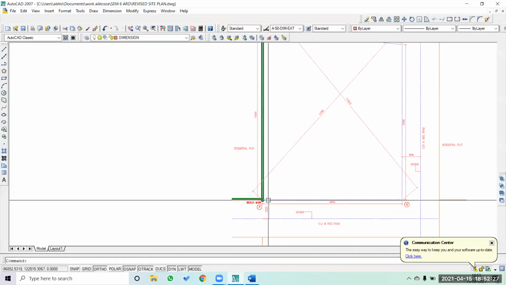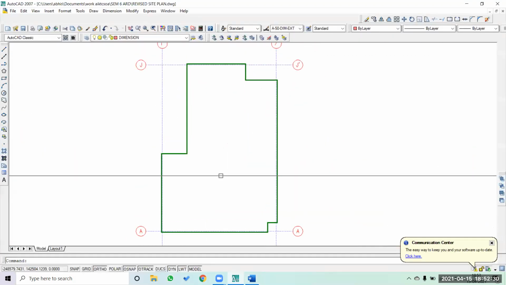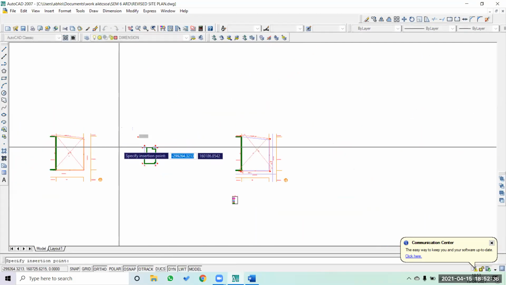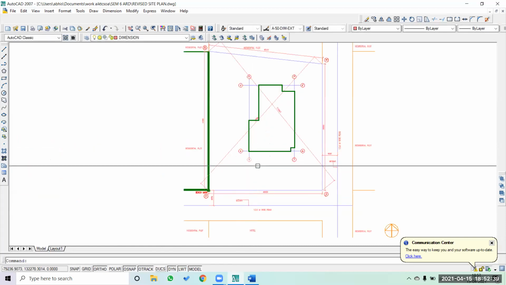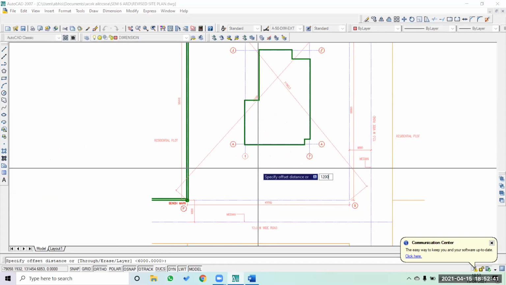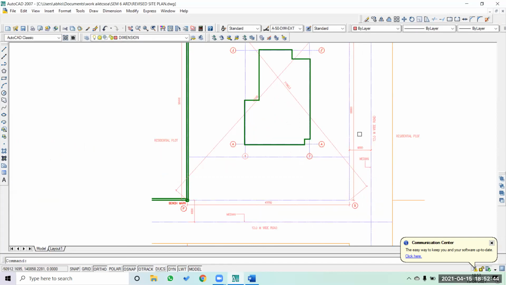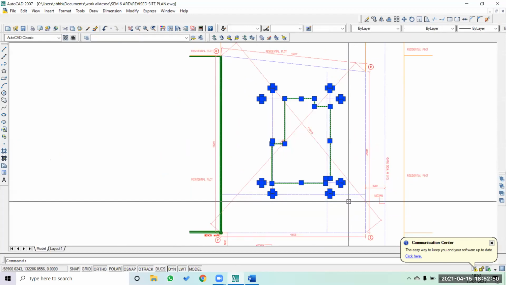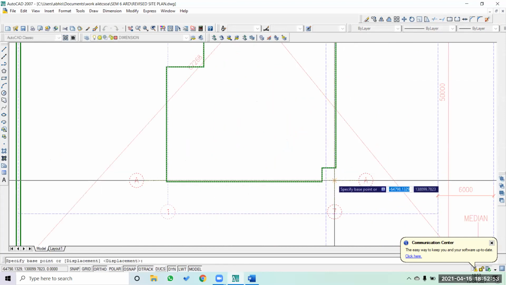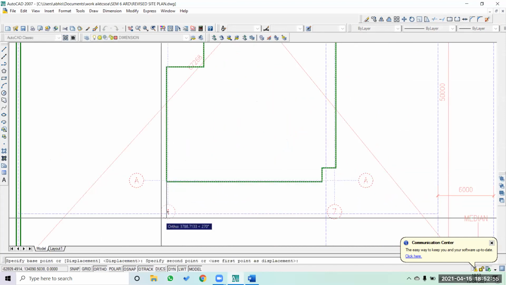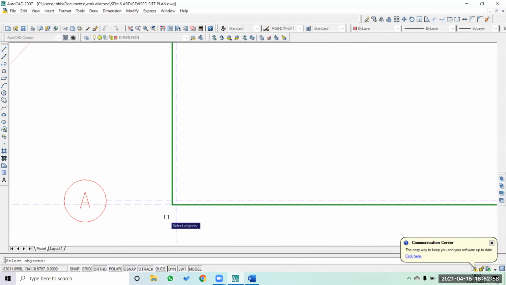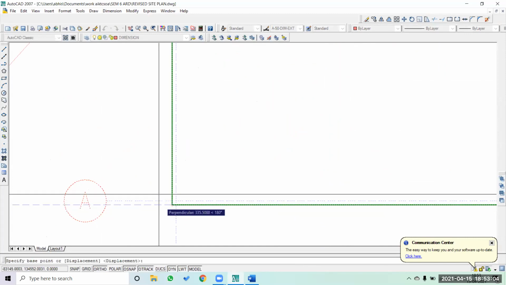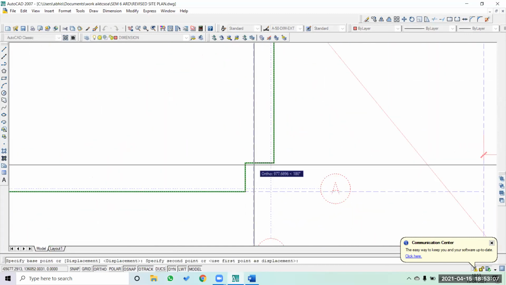So we have already prepared this drawing, where the building is like this. Now I'm copying this particular building and trying to place it here. I have to consider the setbacks and everything, so I am using some kind of calculation so that it can fit in accordingly. I am using the command M, enter, P, enter, so that it helps me to move the previously selected building.